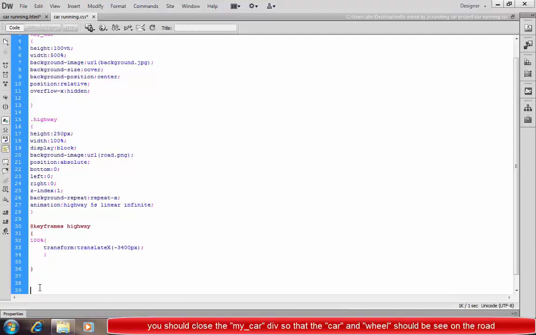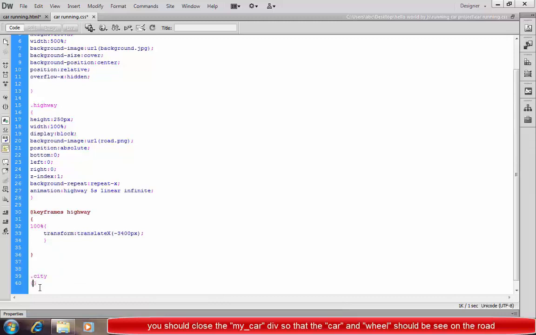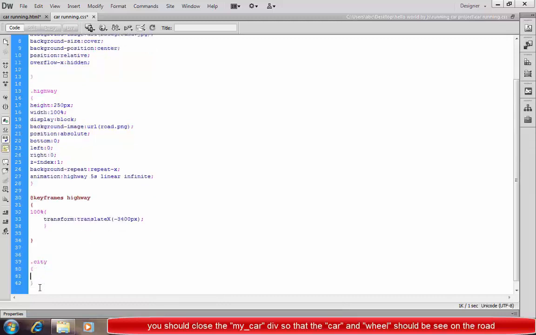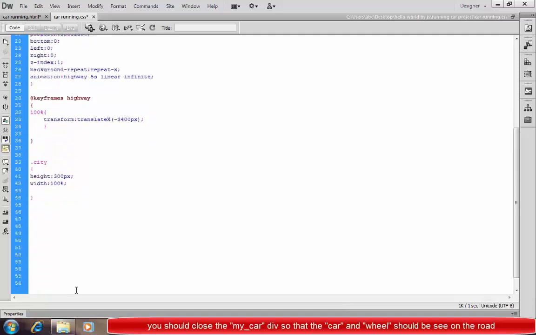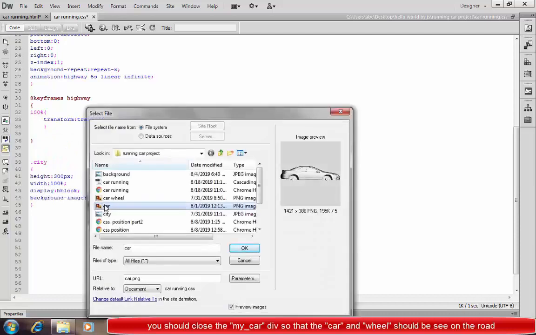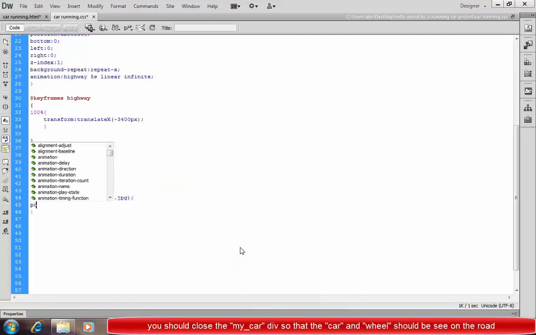And for cars I use it in CSS as .car .city, and inside the city I adjust the city here. So this is the height of the city and this is the width of the city here. And after height and width we use another parameter, the display property. It specifies the appearance of the image. It is block, which means it can cover all the area of the browser. And we select the background image here, so I select the background image as city, and after that I use a semicolon.